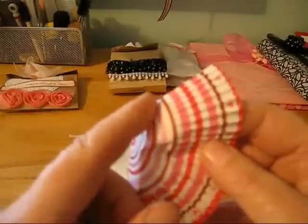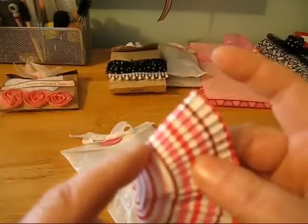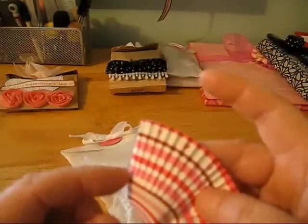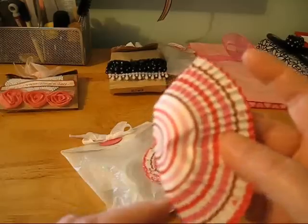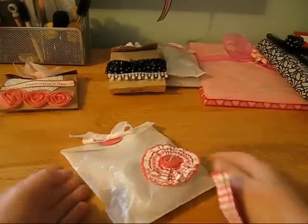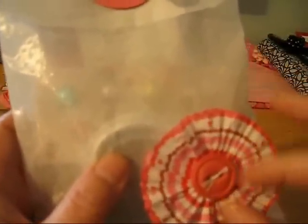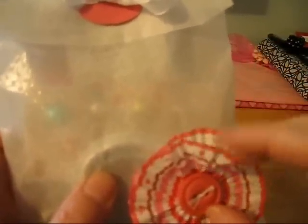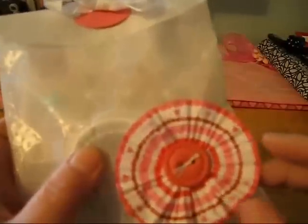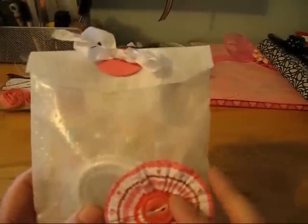half, and then you cut out however thick you want the flower. So I basically went to the end of the scoring. I cut out this piece and put that aside, and then you just take a running stitch and sew it through here, and give it a tug till it gathers up, and then just kind of fiddle with it, tie off the string and then fiddle with it till you set it apart and get it where you want it. And then I glued that down and added a button with some floss, and I thought this turned out